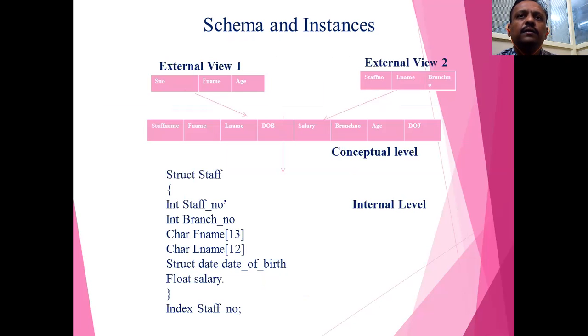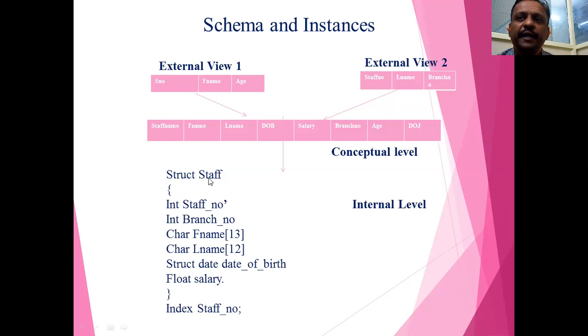Here is one example given of what schema and instances are, and what those three levels are. First, the internal level, that is the structure of that particular table. This is described in C language, as a structure staff.